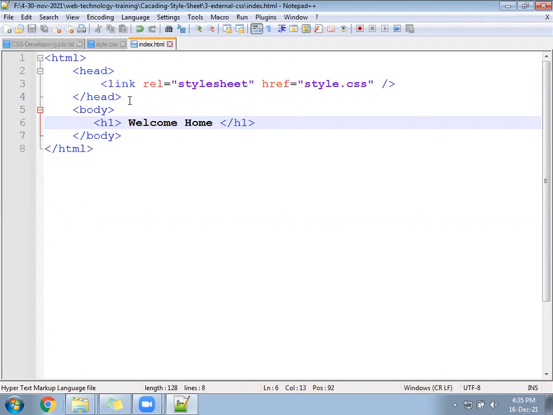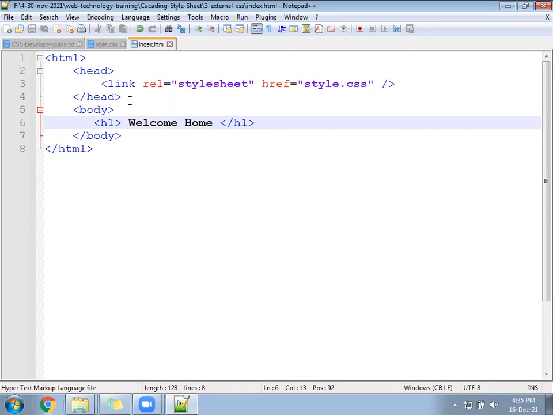Using that, we can connect the HTML file to the CSS file. There, rel defines the type of the file. Rel equal to stylesheet. Your browser will understand you are going to call a file that is a stylesheet. Href equal to style.css. So that defines your file name: where is the file and what is the file name?